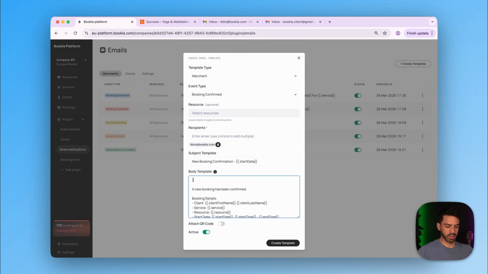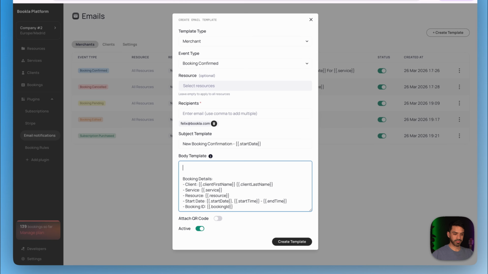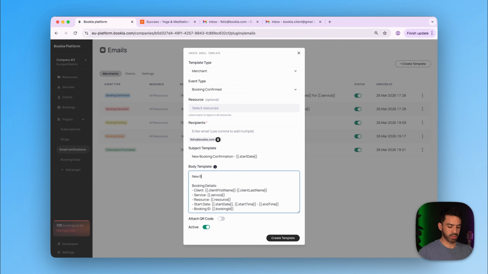So bracket, $, rec, meta, capital D, data, and then quotation marks. I'm sorry. Special requirements, quotation marks. Now I'm gonna just name this new booking,